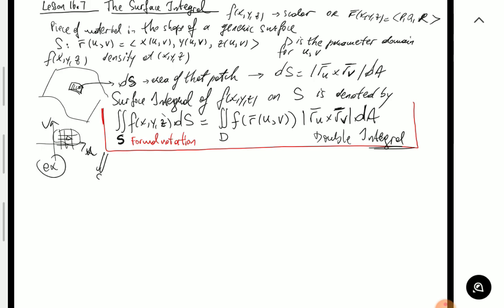So let's go over an example. Let's say I want to find the surface integral of xyz dS, in which the surface S is, let's see, I'm trying to figure out if I want to make it slightly more sophisticated, just to make it a little bit not as direct, so we can have all the elements you may see in problems like this. Let's say the surface, in other words, I'm not going to give you the parameterization yet. Let's say the surface is given by the paraboloid z equals